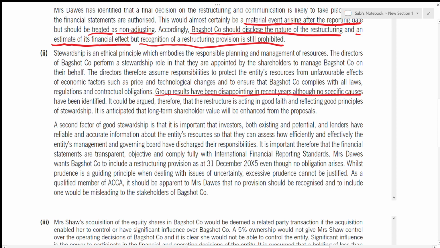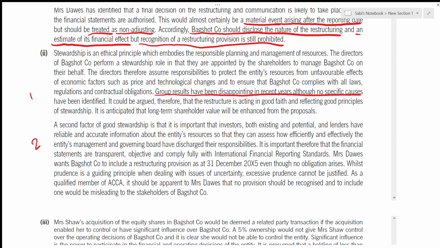Group results have been disappointing in recent years, and no specific causes have been identified. It could be argued therefore that the restructuring is acting in good faith and reflecting good principles of stewardship. It is anticipated that the long-term shareholder value will be enhanced from the proposal. So they are talking about the first point. First, you need to talk about 2 points. Discuss the 2 points, you will get the 4 marks. A second factor